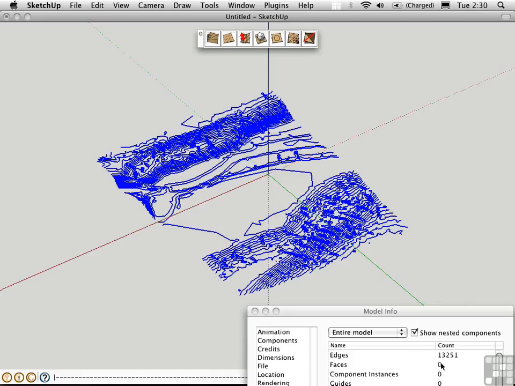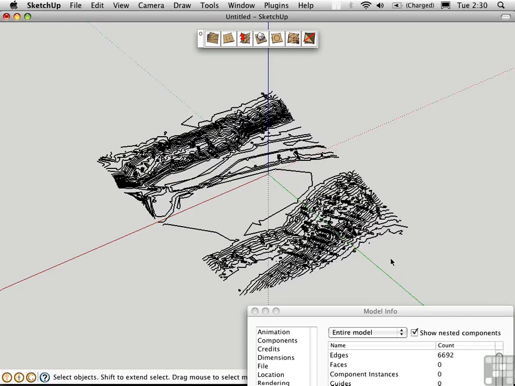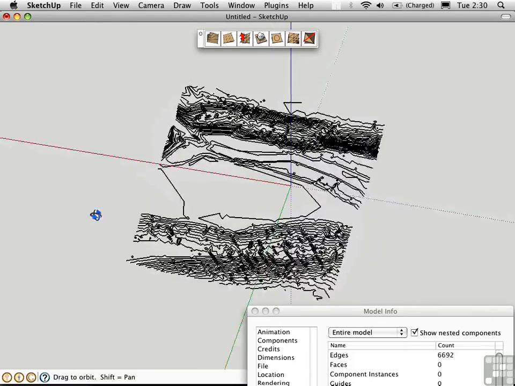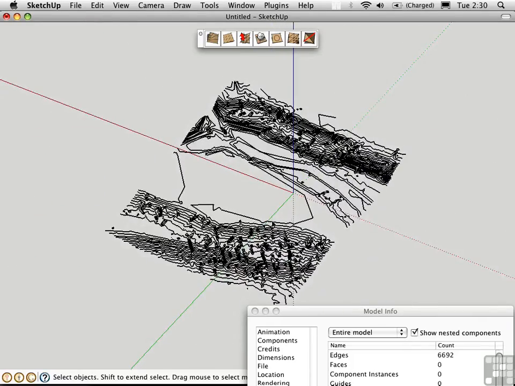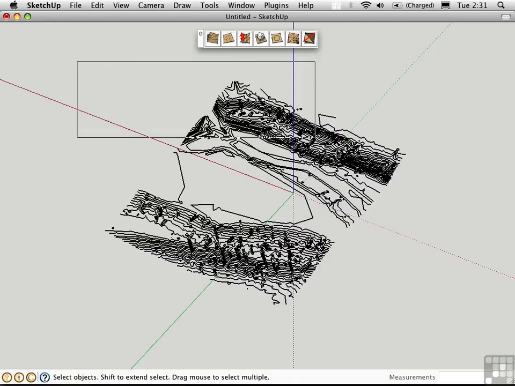So we're going to go from 13,000 down to 6692. So that's a great simplification of what came before. We can just undo and redo, and you'll see that it doesn't change that much. It's pretty much the same set of contours. This one is maybe a little bit more angular, but it's going to create a much simpler surface in the end. Now I'm just going to go ahead and close Model Info, select all of the new contours,